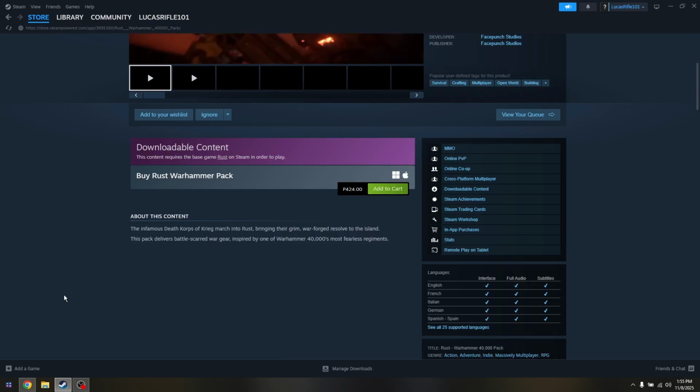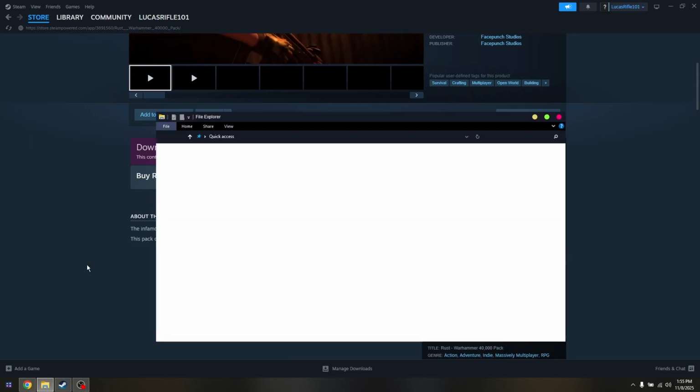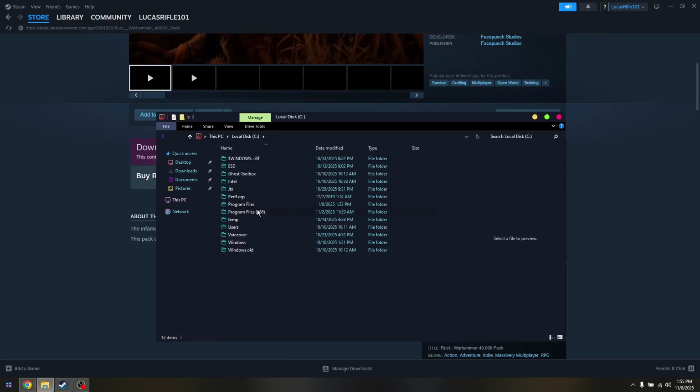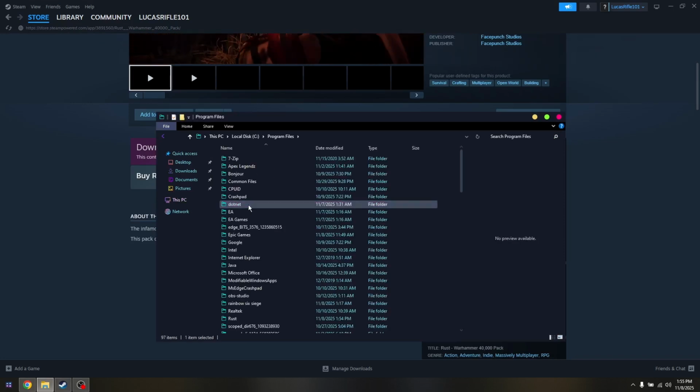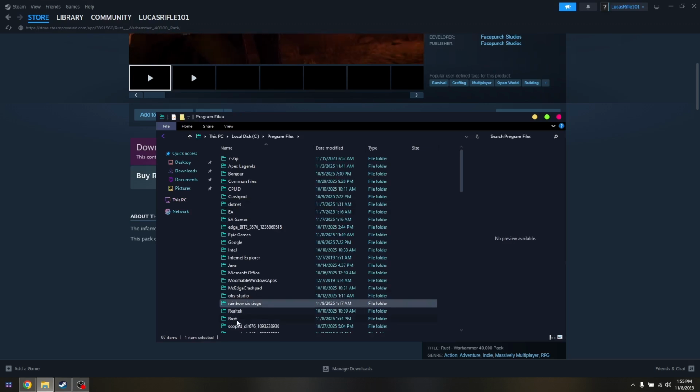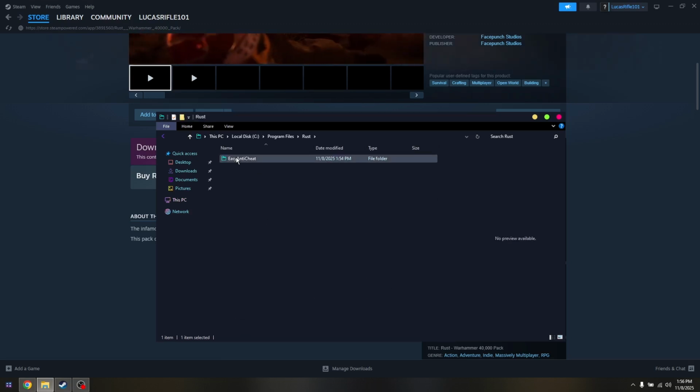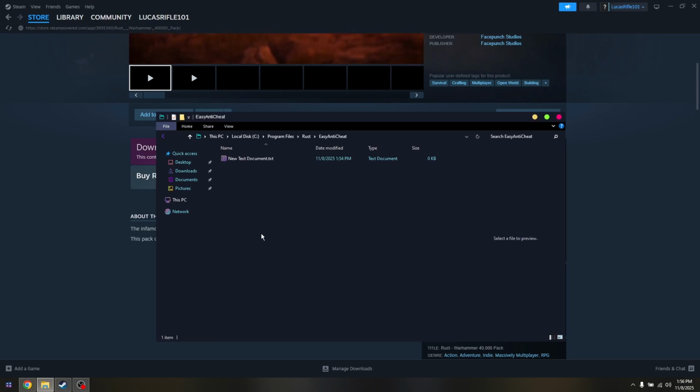So the first step is go into your file manager, go into This PC, Local Disk C, Program Files. In here, hit R on your keyboard and open up the folder of Rust. Open up the Easy Anti-Cheat folder. And then from here, you should be able to see all the files that you have directly from Easy Anti-Cheat,